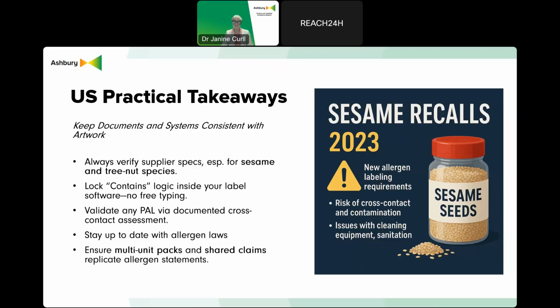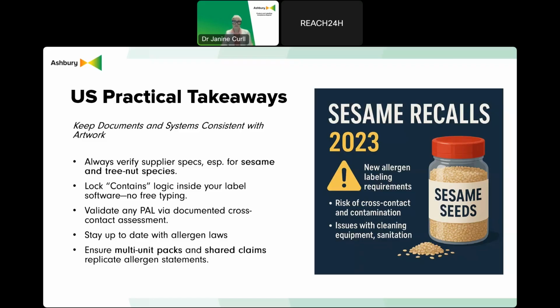On the other side of this, facilities that didn't update their sanitation procedures faced major problems. Recalls cited unclean equipment, shared lines, poor changeovers, incomplete cleaning validation systems. Sesame residues are hard to eliminate because they embed in the belts, the mixers, ovens, and even travel through the air during topping applications. Removing all traces requires major operational changes and specialised cleaning.